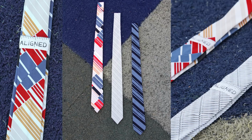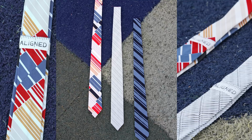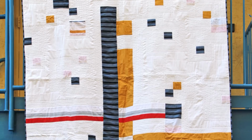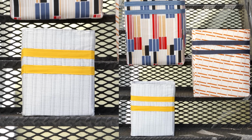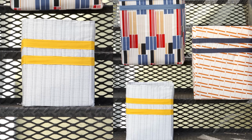Always contemplating what to make the men in your life? Aligned fabrics is perfect for men's accessories. Try thinking outside the box and incorporating stripes into your quilts. For all of you who need a little help organizing your sewing space, try making these fabric bins for easy